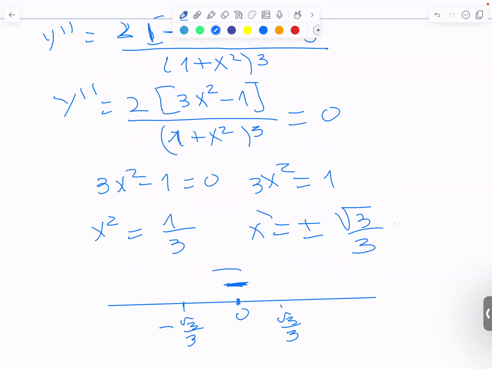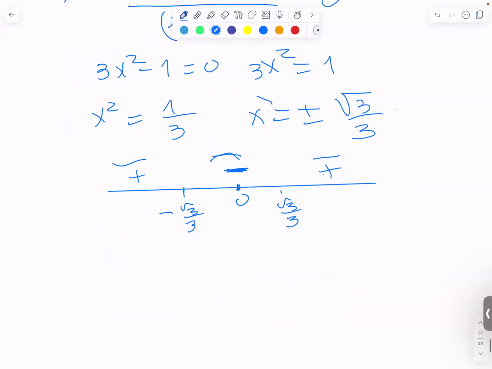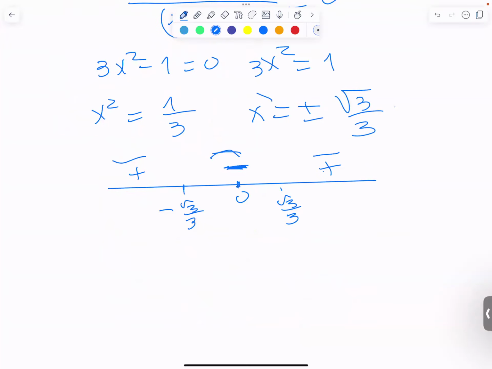And we put a 1 here. For 1, we get a positive, because 3 times 1 is positive. And for -1 we also get a positive, because -1 squared is 1. That means concave up, concave down, concave up. I mean, the function is concave up